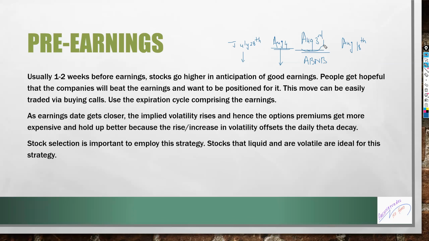Okay. August 3rd is the earnings. Buying August 4th calls is the only one that I would consider. Or August 18th or September. There's no point buying the expiration before the earnings, okay? Why? Because the IV, we were talking about the anticipation, which takes the IV higher. So for these 2 weeks, okay, IV is building up and the maximum IV jump happens in the expiration cycle. So the IV can keep rising for August 4th.